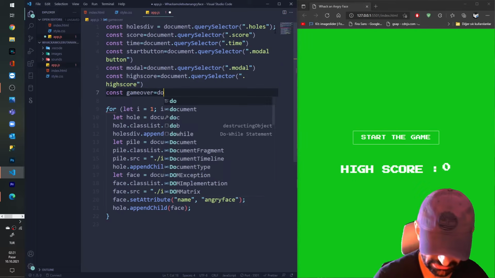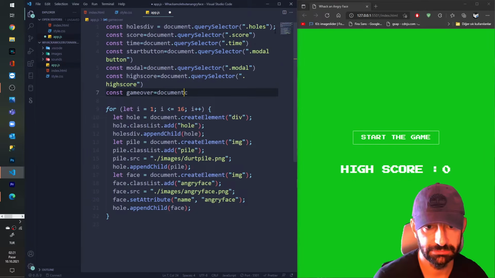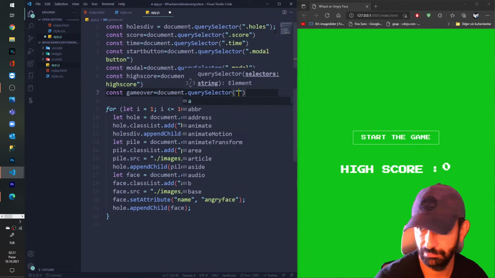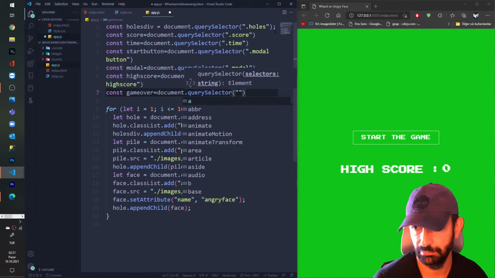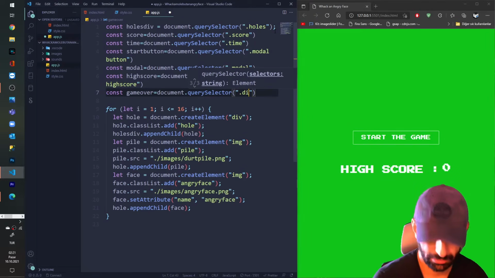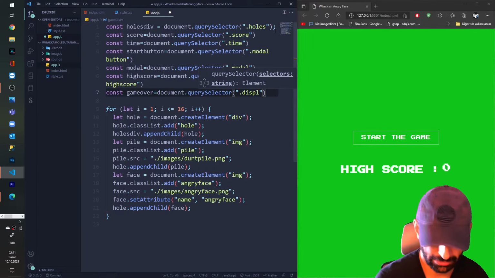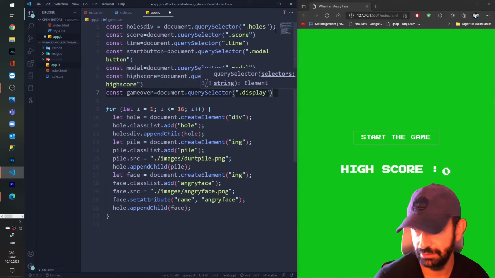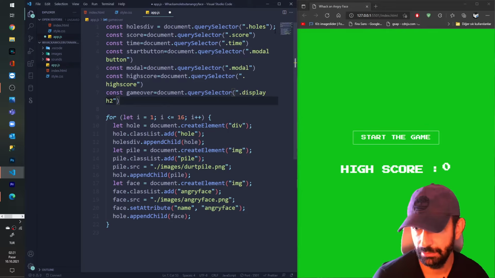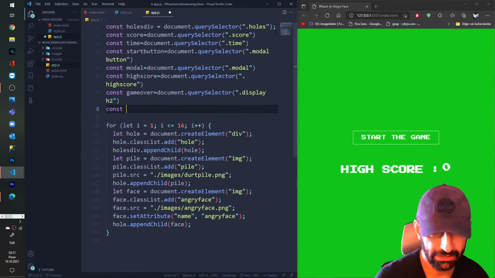I say document dot query selector display h2, and lastly I'm gonna grab my hammer pointer.